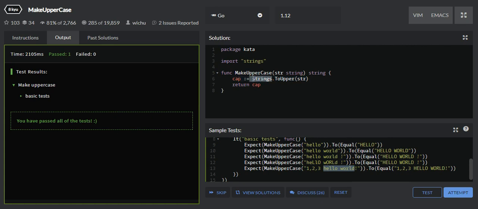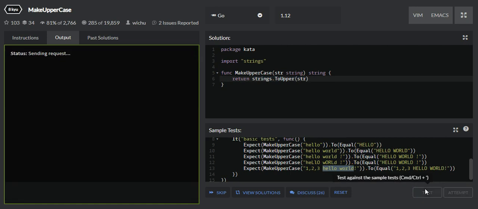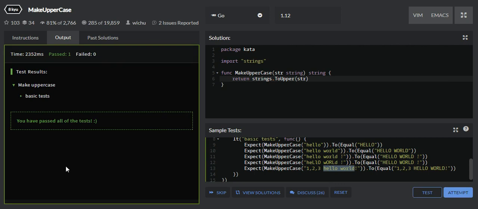So we can just return the result directly, ignore the creation of the other variable, and delete that line of code. Let's test now if it is working. Yes, this is working.